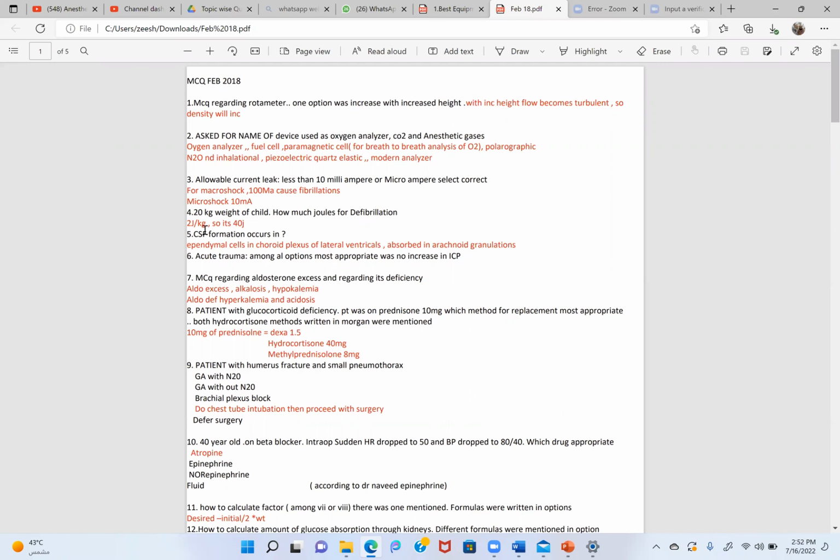Can anyone please confirm? Because there will be 2-3 things, whether it is biphasic or monophasic. Because usually in adults we are giving 200 joules biphasic. Okay, so you can say 2 joules per kg roughly. But if it is